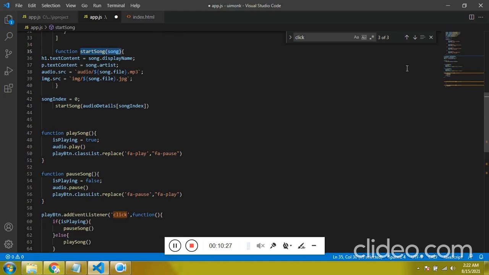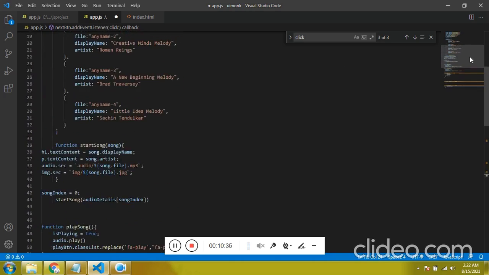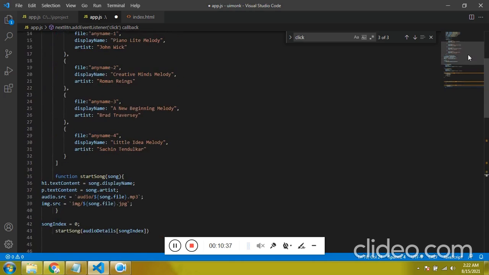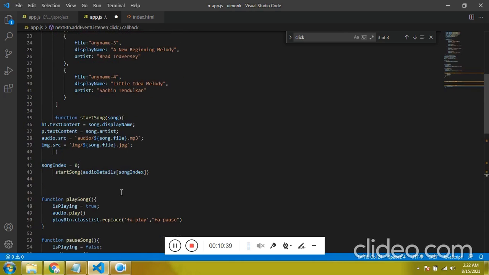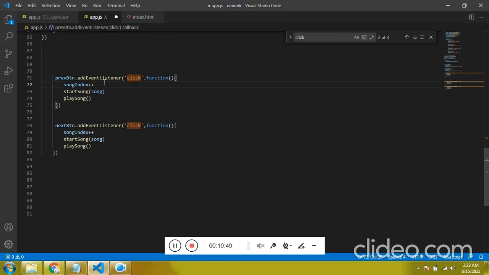Startup song, and then play the song which we have created somewhere here. So for decrementing is similar, you just need minus. Here you will face an error, so I'll show you.